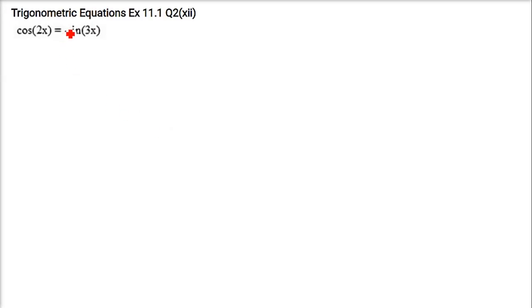Next one is sin 3 theta plus cos 2 theta equal to 0. Now here, we have taken cos 2 theta on one side and sin 3 theta on the other side. So what do you get? You get cos 2 theta equal to minus sin 3 theta. So this cos 2 theta I am writing as it is, and this sin 3 theta can be written as cos of pi by 2 plus 3 theta. Why? Because cos of 90 plus theta is minus sin theta, which is minus sin 3 theta.